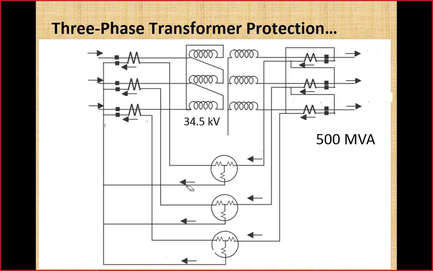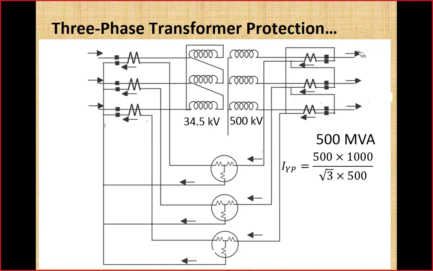Further, it is given that this delta side of power transformer is rated at 34.5 kilovolt. This is the low voltage side, and high voltage side is rated at 500 kilovolt. So this is high voltage side. Now in order to find out the CT ratio, first we will have to calculate the line currents. For our example, we have assumed that current here in these lines, these three currents, these are our reference current. We will assume angle associated with this current equal to 0, and then assign angle to all other currents with respect to this reference.